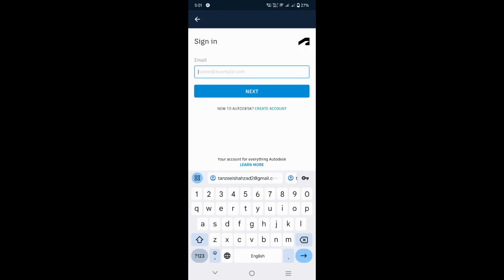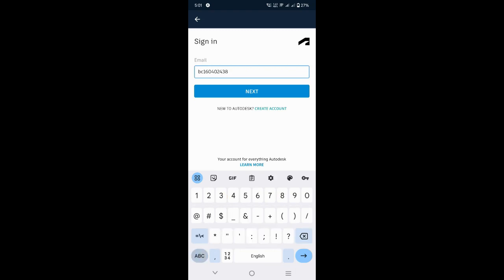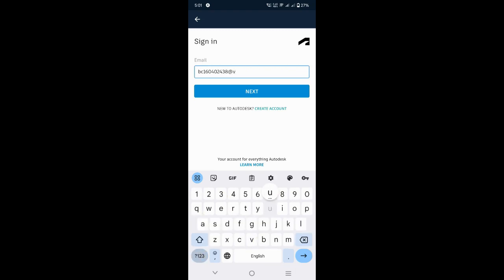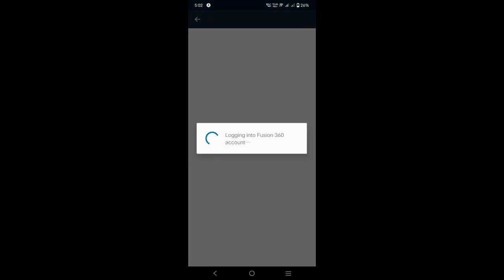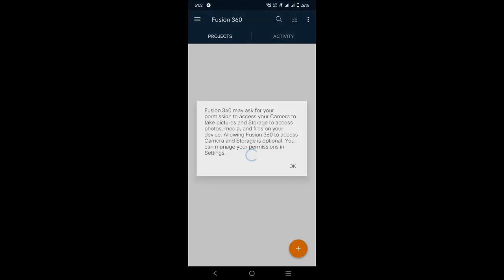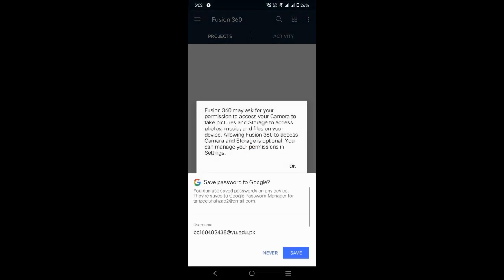So first enter email. Now Fusion 360 is activated.